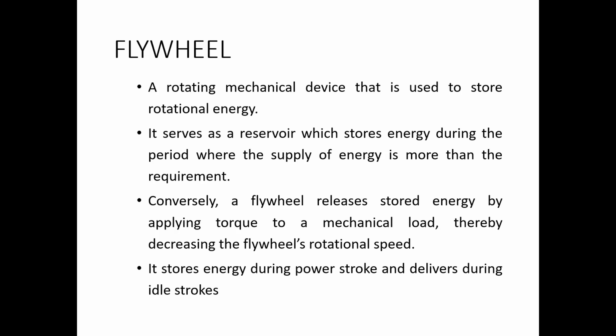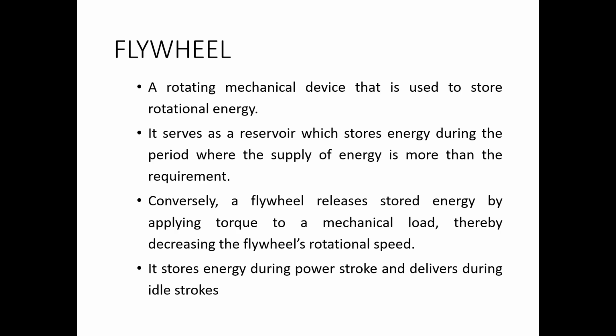There is a point when the speed of rotation of the flywheel is maximum, and there is a point when the speed of rotation is minimum, and the fluctuation of speed is given by the difference between the maximum speed and minimum speed. That is, maximum speed minus minimum speed will give you the fluctuation. Similarly, there will be a fluctuation of energy. There will be a point at which the energy stored will be maximum, and a point at which the energy stored in the flywheel will be minimum, and the fluctuation of energy is given by the difference between the maximum and the minimum energy.